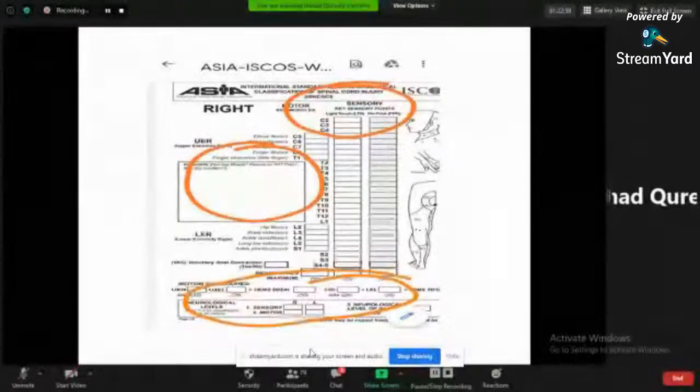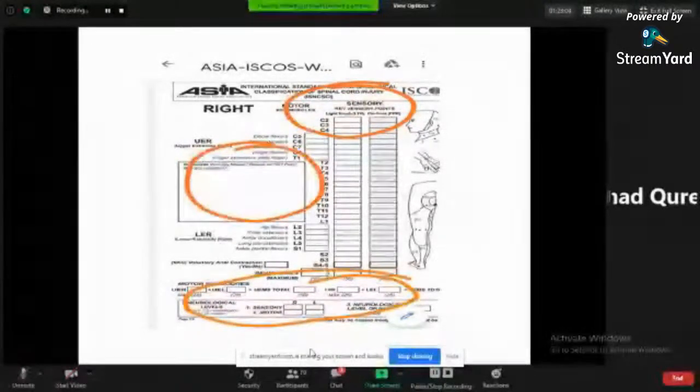Similarly, they have provided standards to assess the neurological level. If you assess the sensory level and the motor level, on the basis of that you can define the neurological level. This has been highlighted at the bottom of the sheet. And once your neurological level is defined, you can go ahead